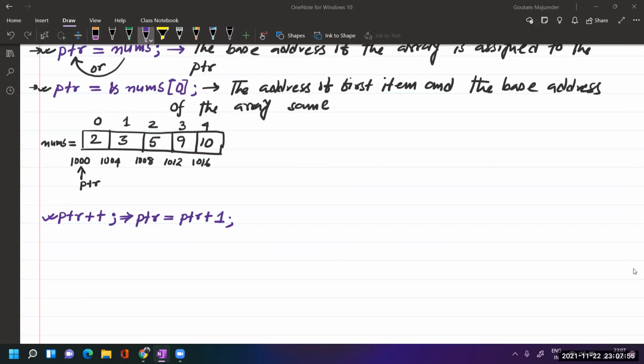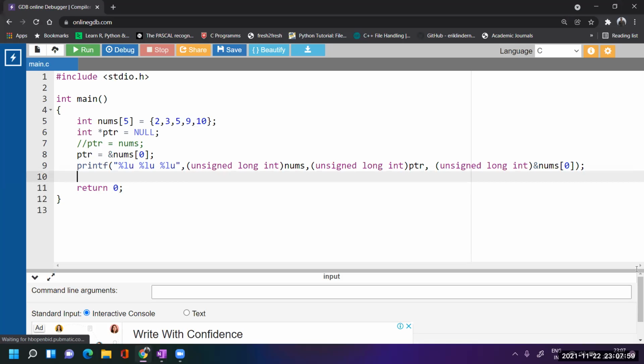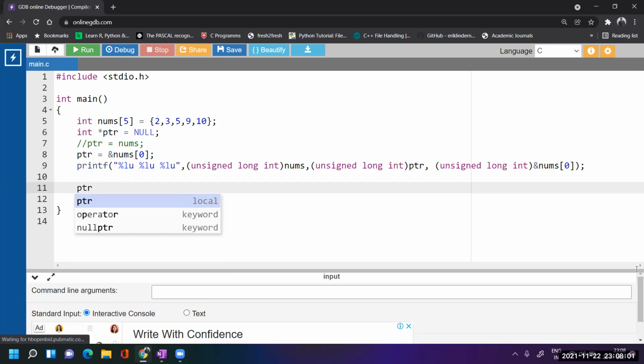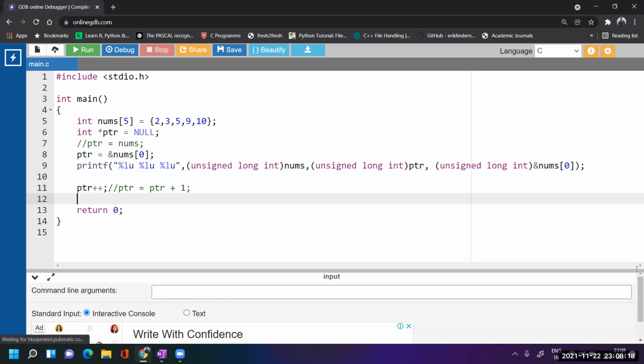Let's go back to the compiler. Now suppose I am writing PTR plus plus. So what will it do? It will update the value of PTR by 1. So here is the most important point. Let us check after performing this operation, what is the value of PTR?